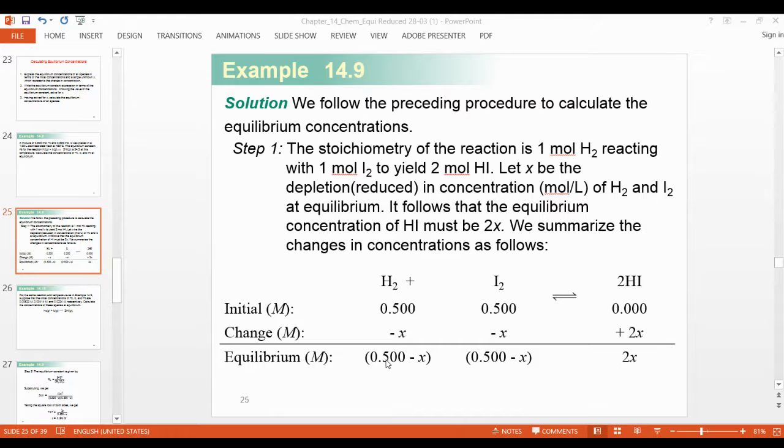Now I will write this law of mass action formula here: HI to the power 2 over H2 times I2, and now put 2X squared. Look at here, because this is 2X, and the square comes from the coefficient. Taking the square root of both sides, you will calculate the X value. 2X over the 0.5 minus X equals the square root of 54.3, which is 7.37. The square is removed from the left, and you take the square root of 54.3. You will get 7.37, and the X value you get.